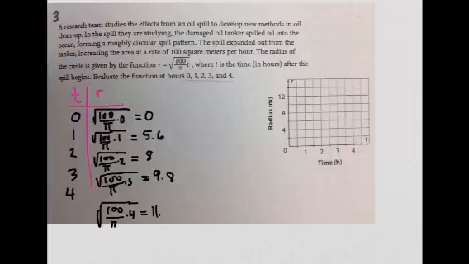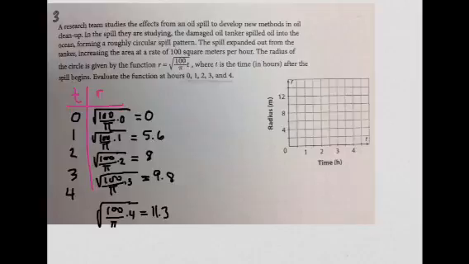And so notice over here the horizontal axis is by half hour, right? Because the first tick mark is 30 minutes, and then the next is 1 hour. On the vertical axis, every tick mark is 2 meters, so 2, 4, 6, 8. So we're going to go ahead and plot